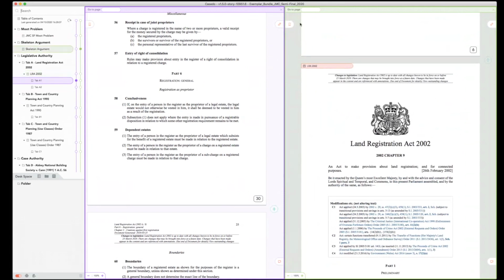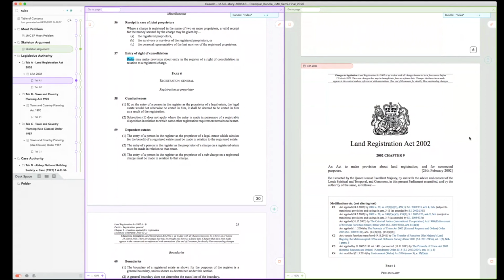The only other thing I'll mention is up here in the top left, we have a search form. If I type in a search term, that will search my entire bundle and it will highlight. You can see here it's highlighted the word rules, and it will do that for the entire bundle. And it will give me a readout of the number of elements I have there. The bundle's obviously bigger than I thought it was. It's taking a while to search, but the first search always takes a bit of time.